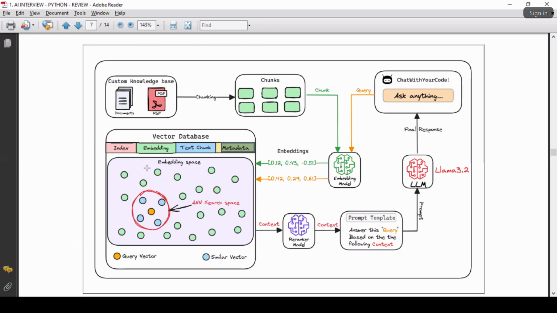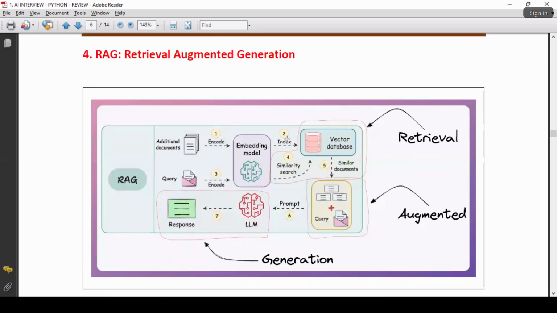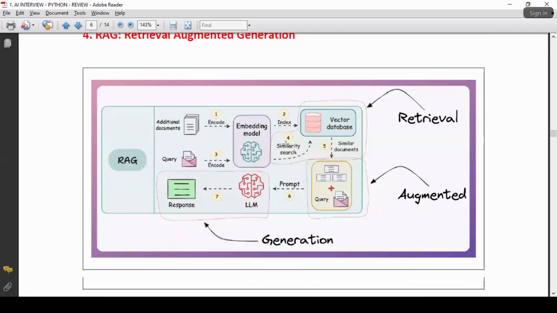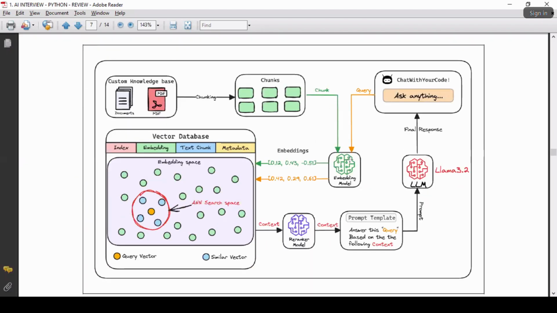I hope you remember the previous diagram. Till now I covered step number 1 and step number 2. This is a big architecture, and I'm just elaborating on step 1 and step 2, which are covered, where the green symbols are available. Now step number 3. What is step number 3? Ask a question, the query. Somebody is asking a question.